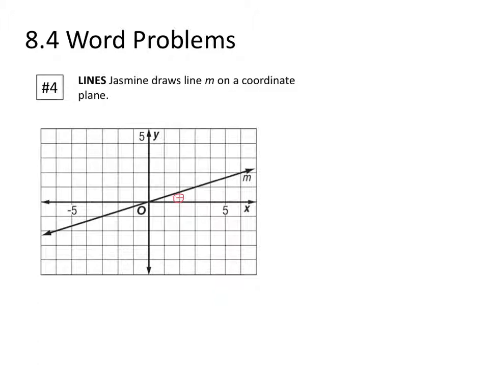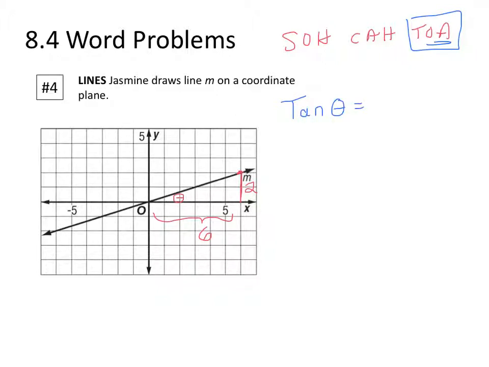So here, up until now we wouldn't know how to do that, but in this case we can actually look where line M crosses or intersects perfectly on the grid and get some side lengths. So here we've got an opposite side of 2, and we can count the boxes and get a side here of 6. So, SOHCAHTOA, we know the opposite and the adjacent, so we are looking here at the tangent. So the tangent of an angle equals the opposite over adjacent,